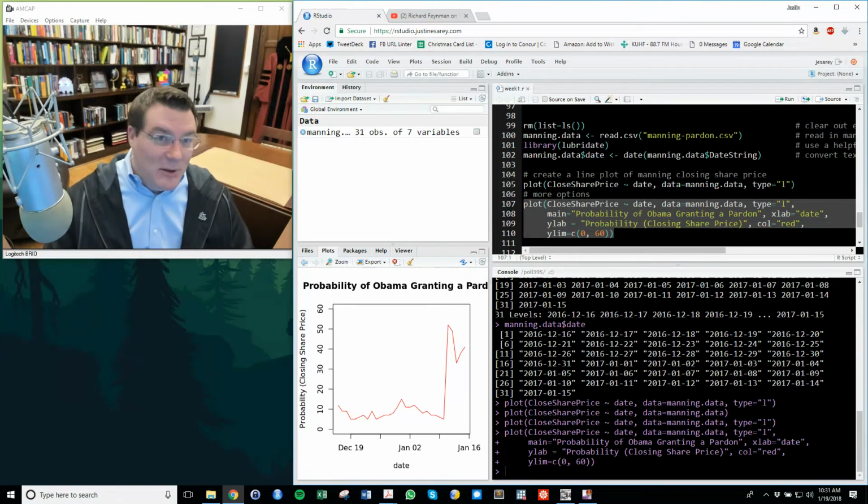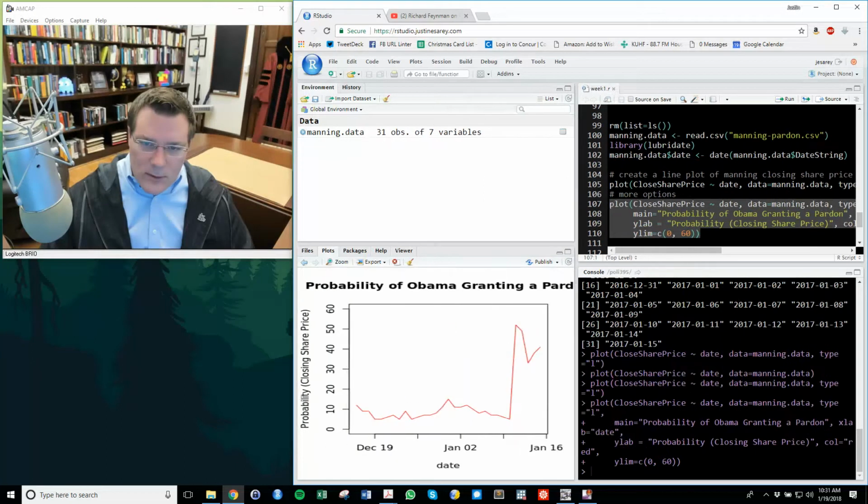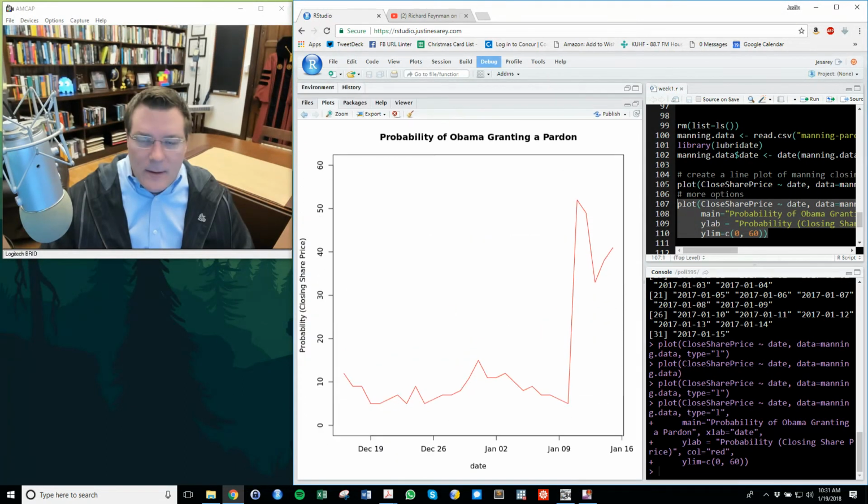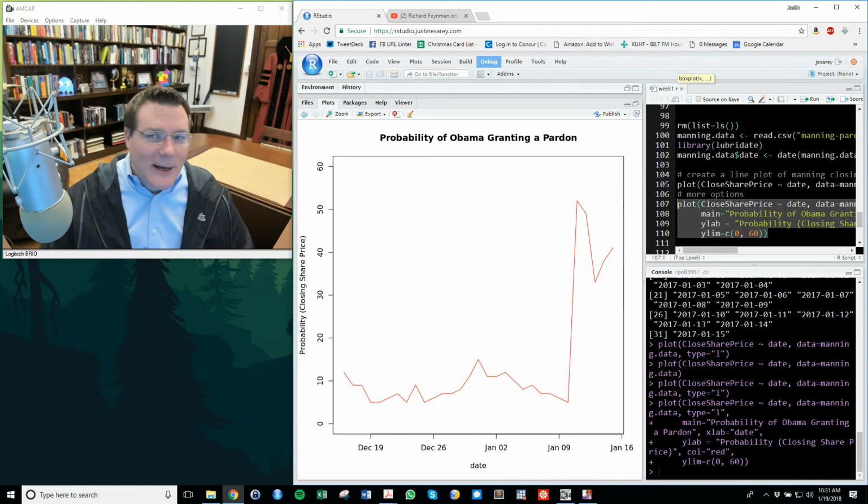If I were to expand this window like that, it would look better, right? The fact that the label runs off the screen is just an artifact of doing this on a relatively small screen, but that looks pretty nice.